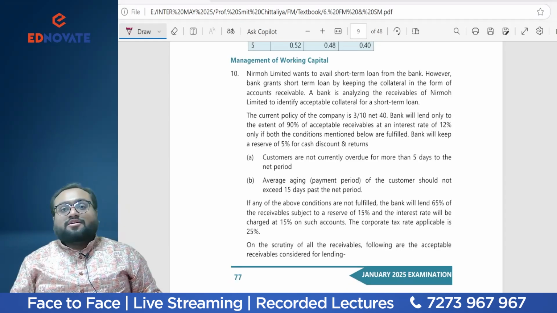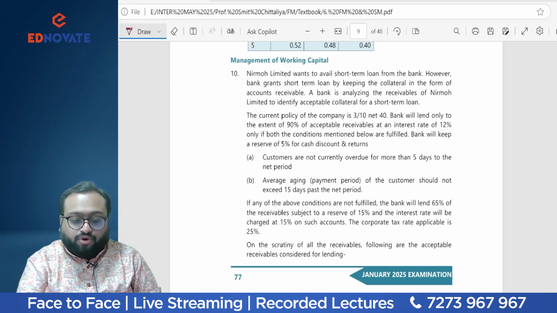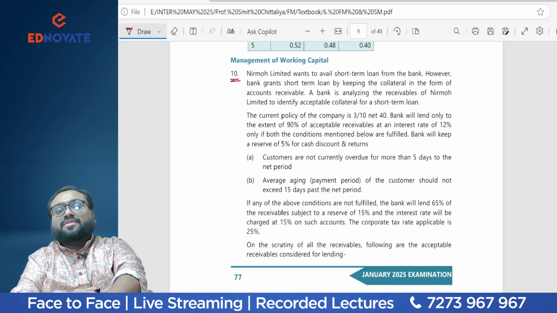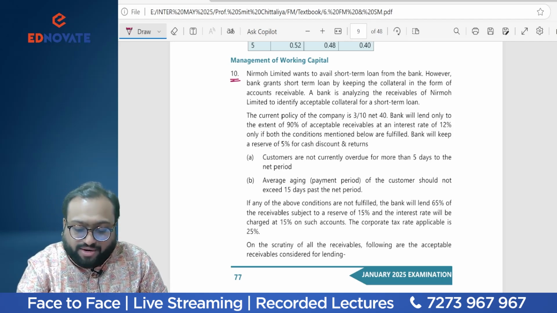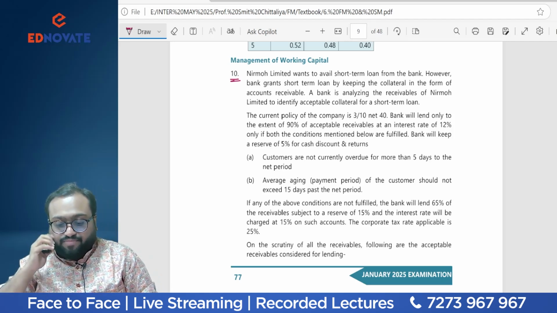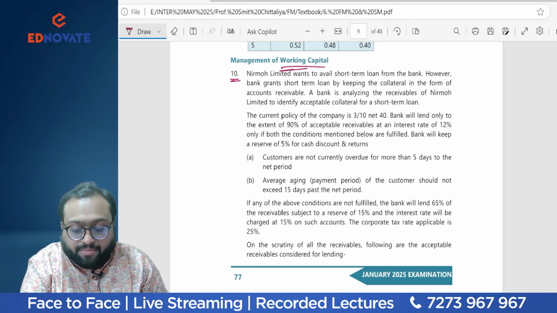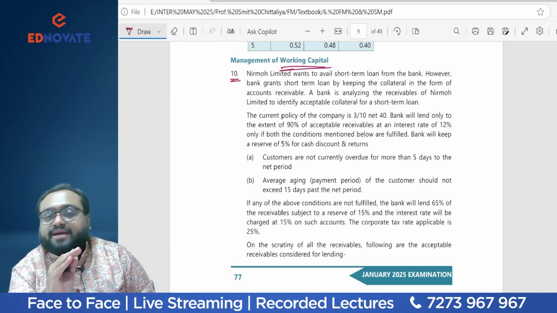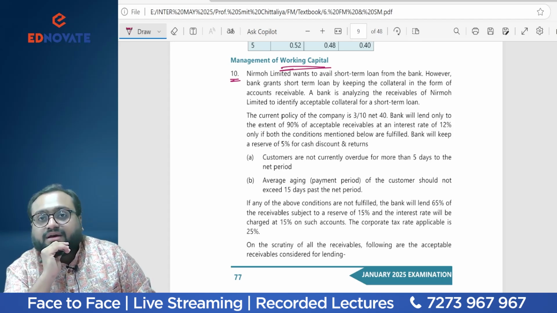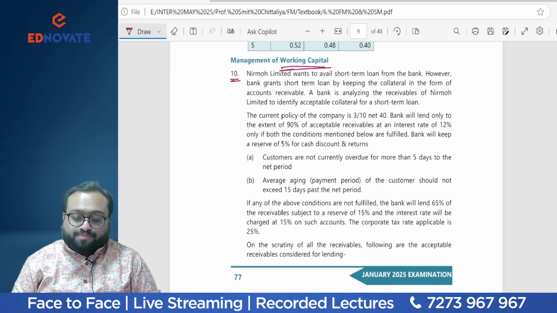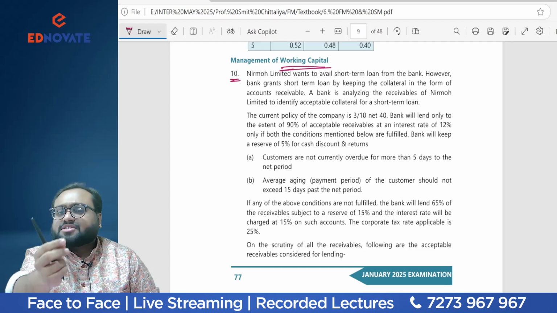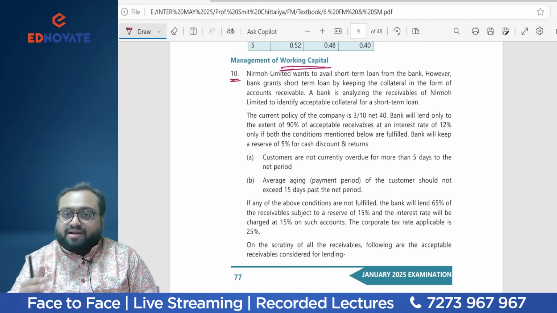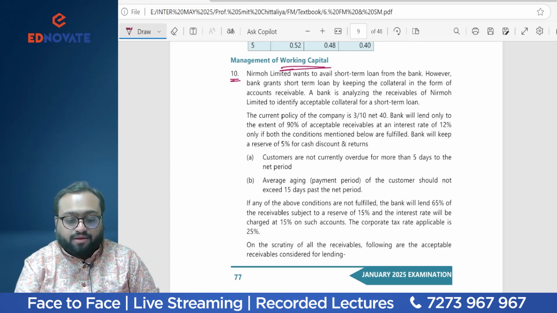Okay, students? Yes, students, coming to the last question of your RTP, which is from receivable management or working capital, whatever you say, because normally it comes in working capital only. It is more tilted towards working capital. This question is very easy. This type of sum we have also done in the classroom, on the same basis. It will take just 5 minutes to discuss with you. Have a glance at what the question is talking about.